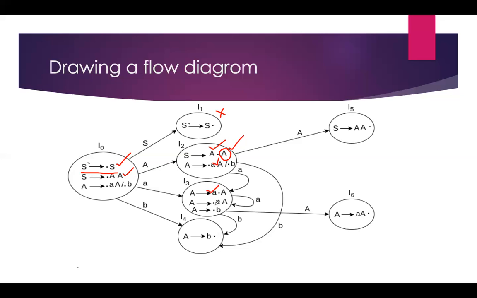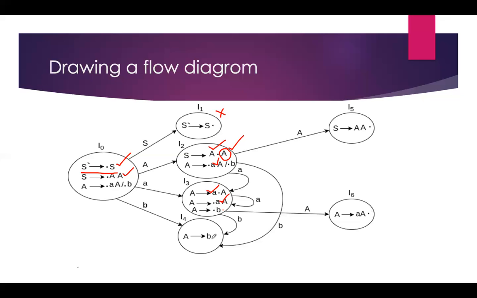And here again, if we expand A dot A, the same rules will be produced. So if we give the A, it goes to the same state only. Again, the third rule is completed, A tends to B, and B dot will be the same state we already got, that is I4. So for B it is moving to state number 4. Is there any chance to expand? Here also the dot is at the end, after the string, so there is no chance of expansion.